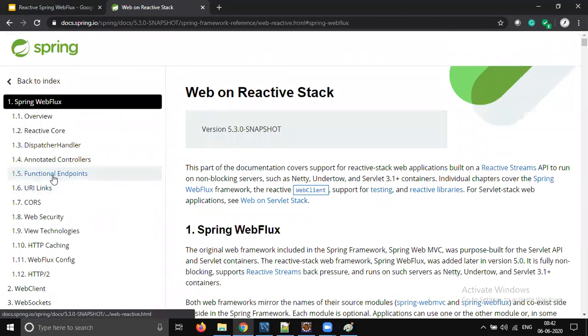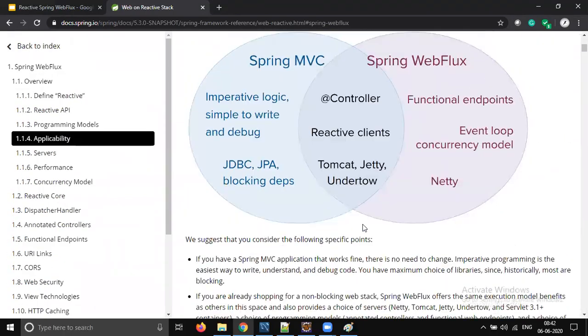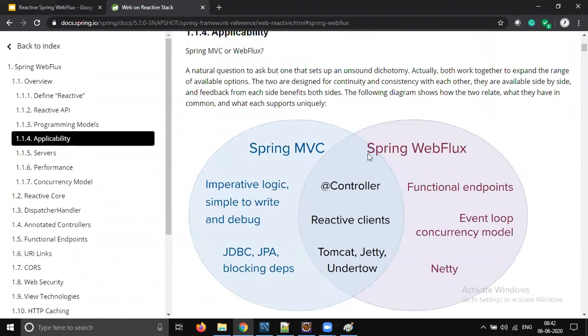Here you see a different model. This is how it looks, Spring MVC and Spring WebFlux.